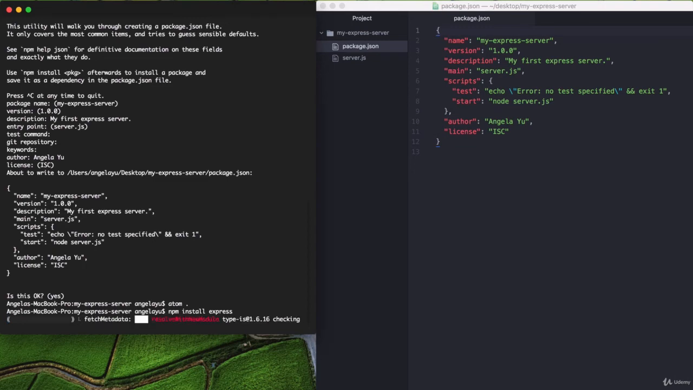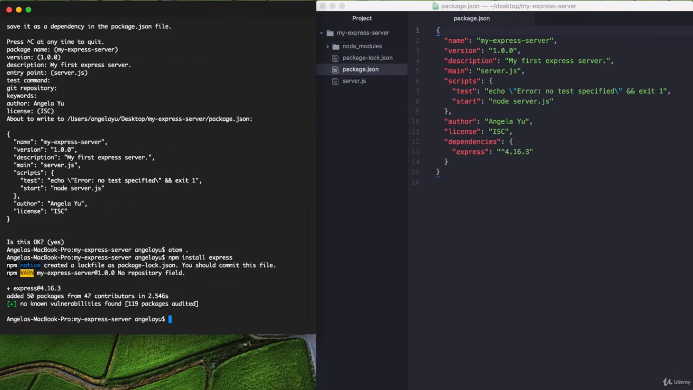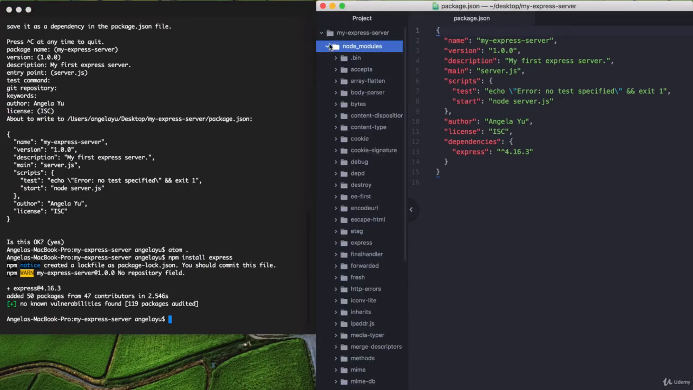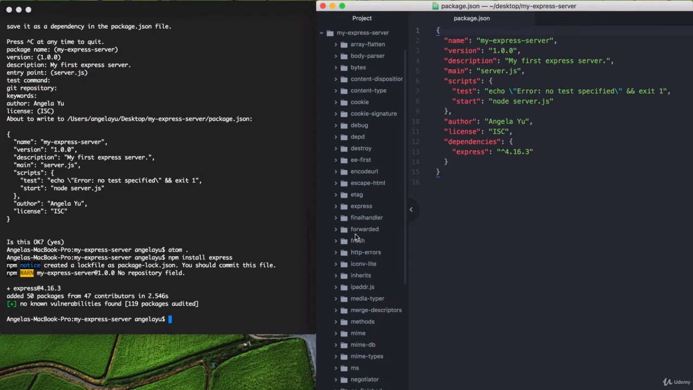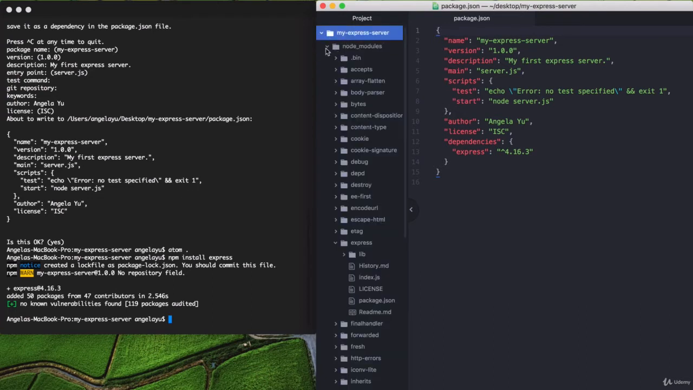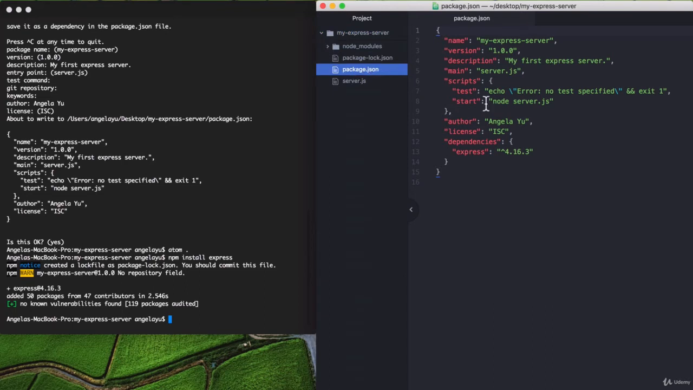It's going to take a little while to download. It's a relatively large package. And once it's done, it will add the node modules that Express requires, as well as Express itself. And now, when you have a look inside your package.json, you can see that we've got a new dependency added,